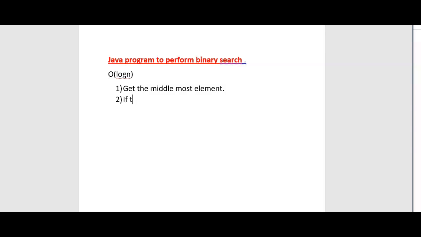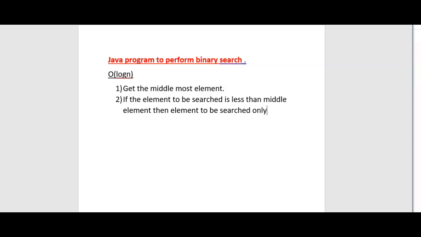Let's write the steps. If the element to be searched is less than the middle element, then the element needs to be searched only on the left side of the array. We can ignore the right side.